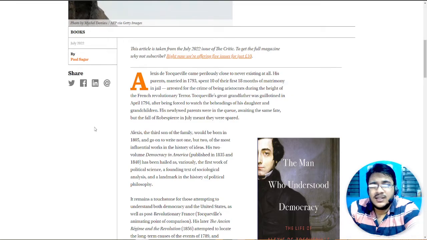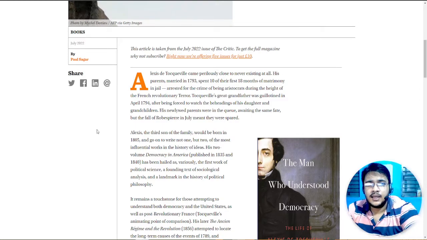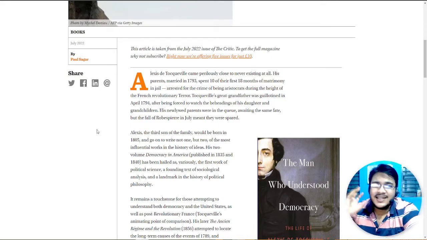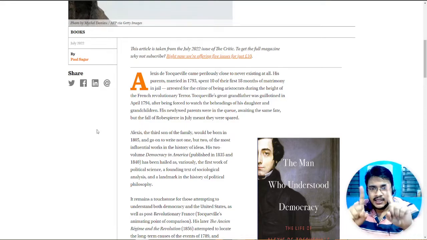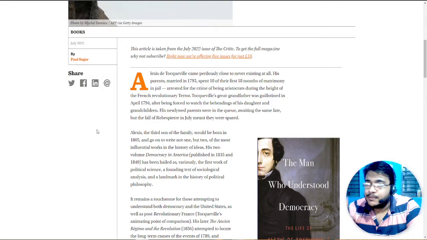I'll just read out a couple of paragraphs so that you guys can get a hang of the reading sessions. What it does for me as the speaker is that it helps me elaborate my ideas through the RCs. I will not zoom in a lot, because it takes away the essence of reading. Even in your examination you will not be reading in full caps. The entire screen is not filled up with RCs. A part of your screen has the reading material and a part of it has questions. So it is better that you read it like this.